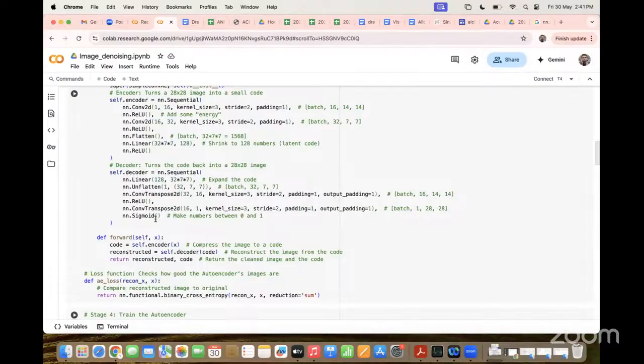So we'll make sure that after the processing done by the encoding and the decoding, the output is comparable to the input, so that we can write down some loss function in the real sense.